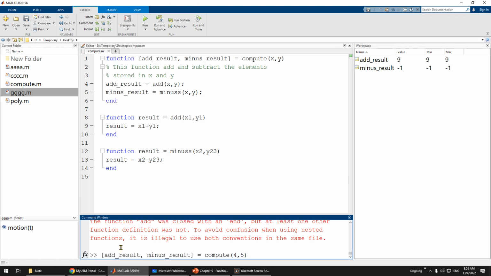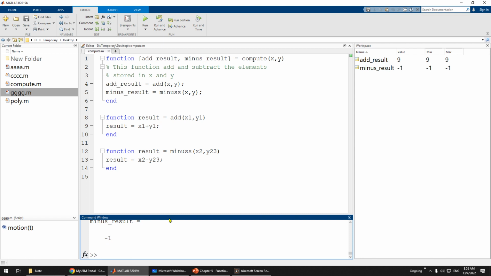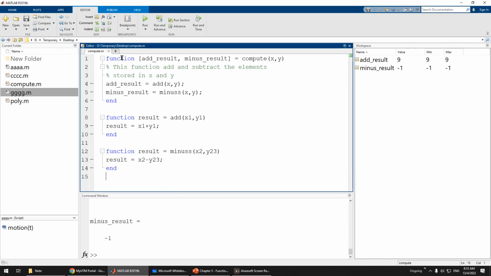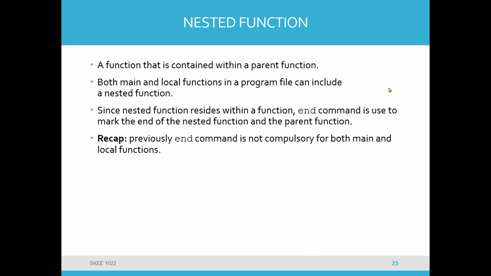Let me try this. So for this type of function, the main function and local function don't require end. But if you create a main script, a main program with the local function, that one you have to put end. So we move on to the next part, which is